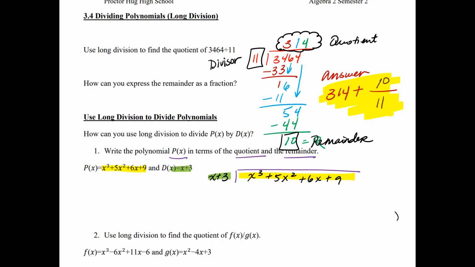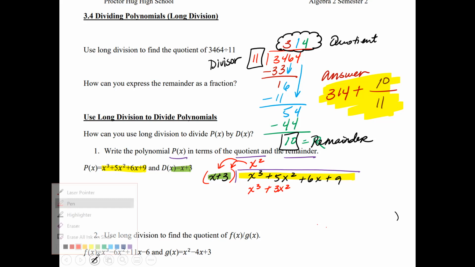Okay, so then what we're going to do is ask ourselves, what number times x cubed, or x times what gives me x cubed? Because it has to match the x cubed. Well, I'm going to put x squared, because x times x squared gives me x cubed, okay? So then you're going to distribute that x squared into that right there. So x times x squared is x cubed. 3 times x squared is